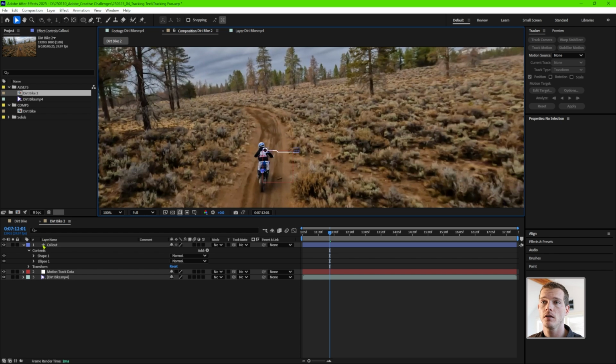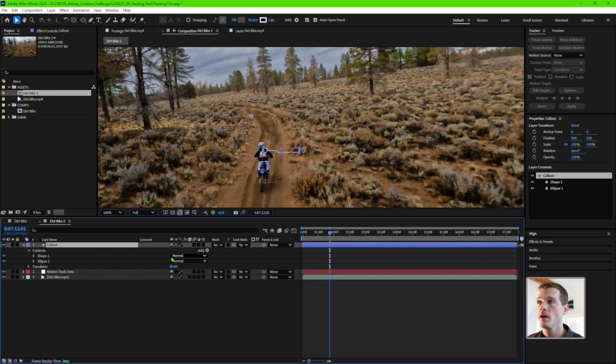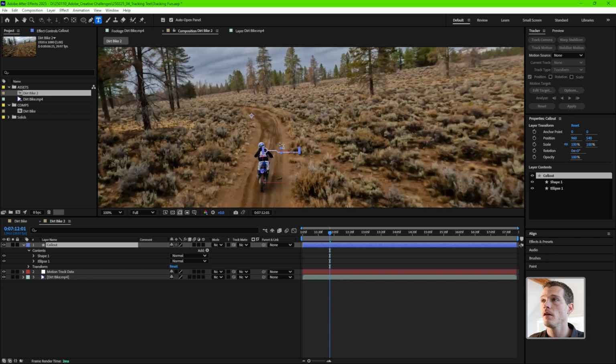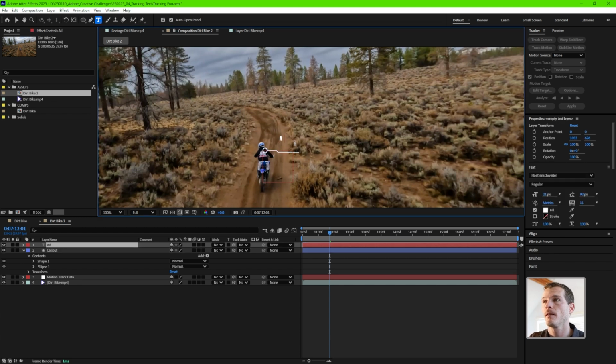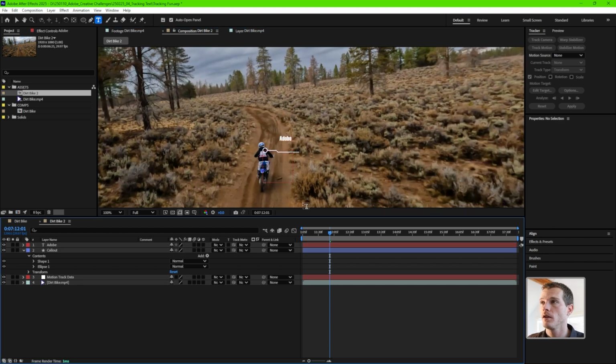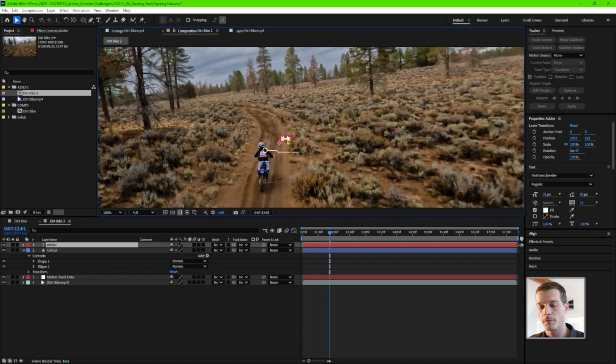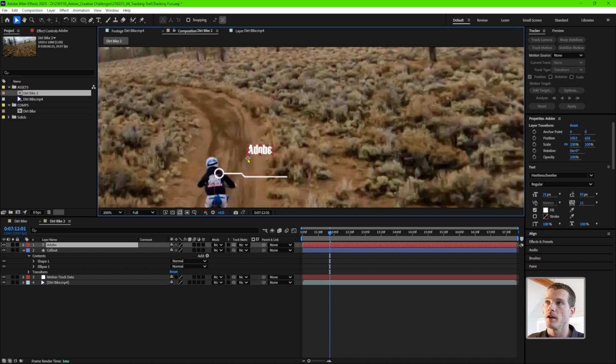So we have these layers here, and we can animate these. We'll save the animation for if there's more time, but let's add some text. Let's say, hey, Adobe. Isn't that a fun first name, Adobe? You see how our anchor point is here? I always like to center the anchor point, and if we get into animating some of this at the end,